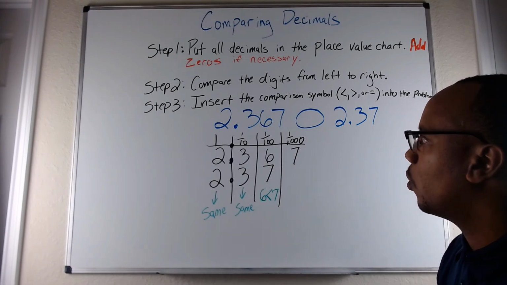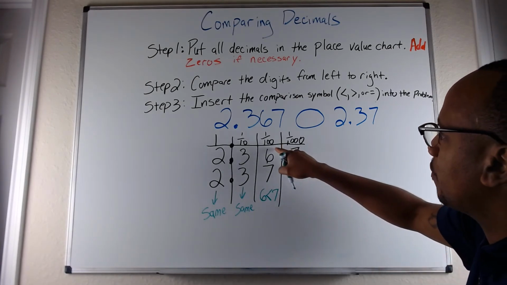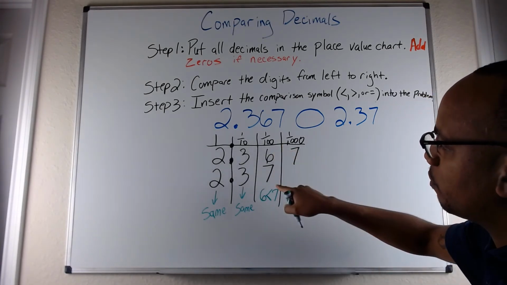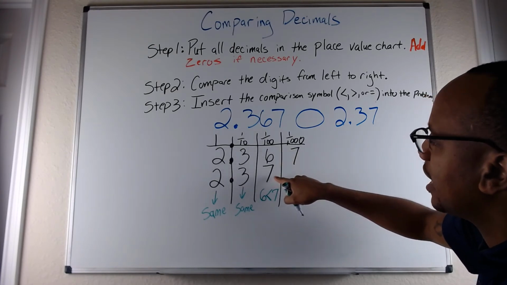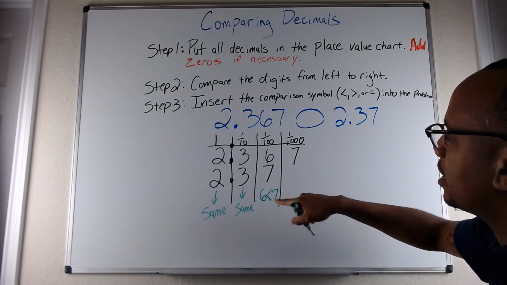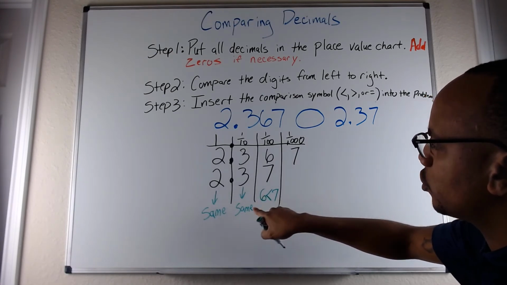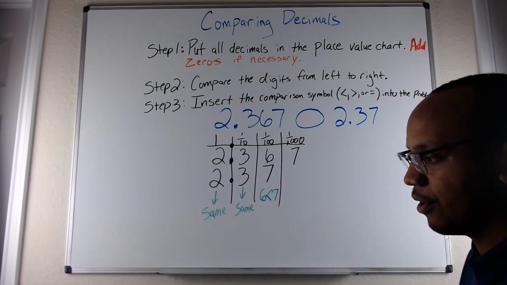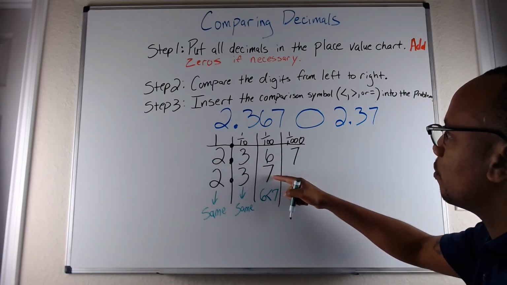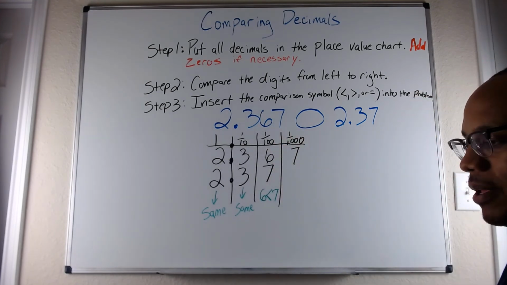Now, what that's telling you is that if you look in the hundredths place for both decimals, the decimal that has the 7 is the greater number, because 7 hundredths is greater than 6 hundredths when both of these other bigger place values are the same number. So you go back and you'll find which one has a 7 in the hundredths place, because that's the bigger